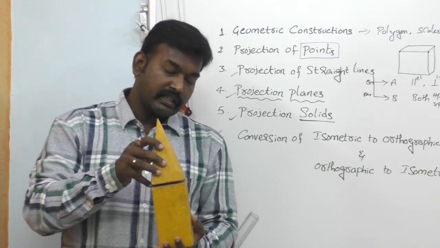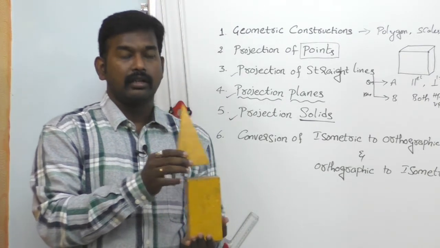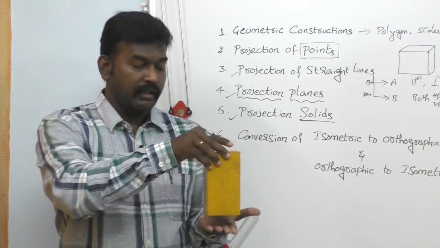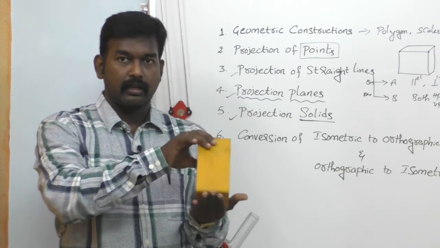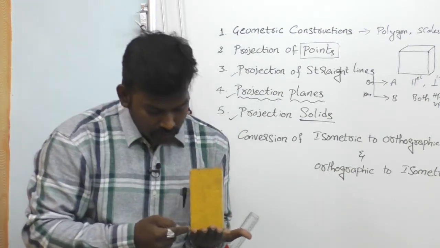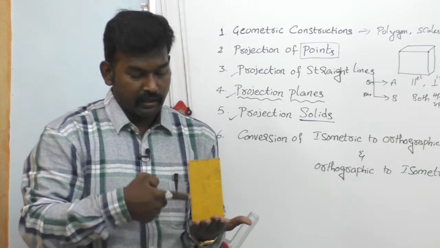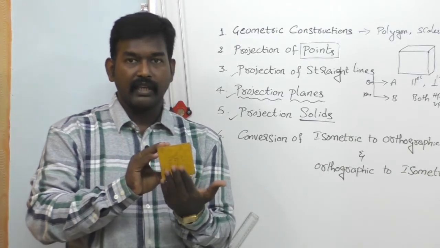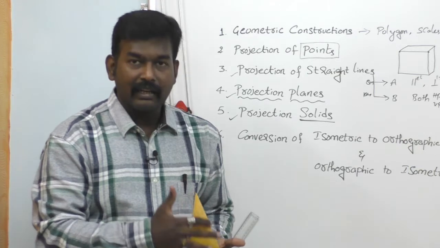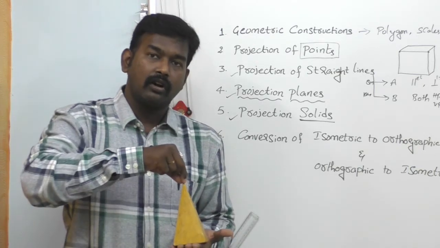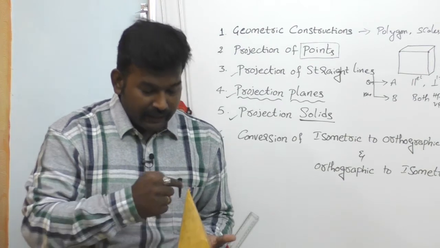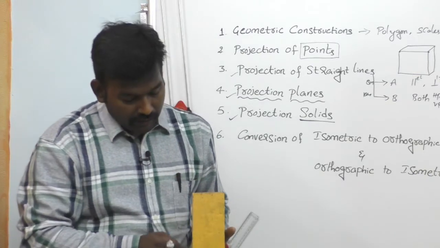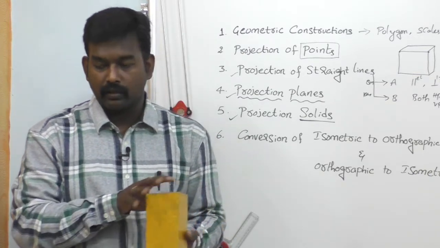and a pyramid. What is the difference between a prism and a pyramid? Suppose this is a prism. A prism has two bases. Here this is one base and this is another base, and these are the rectangular faces. Coming to the pyramid, it has one base and triangular faces. This portion is called the apex and these are the triangular faces. Coming to the prism, it has rectangular faces and these are the two bases.